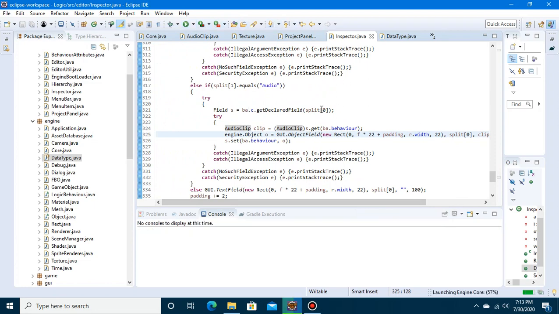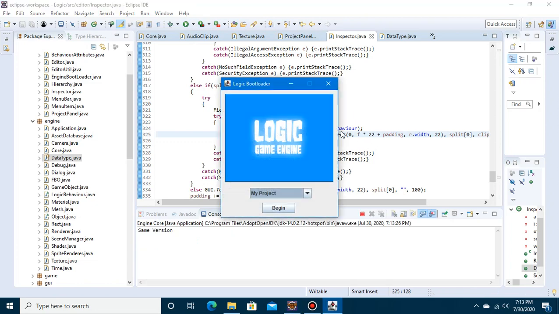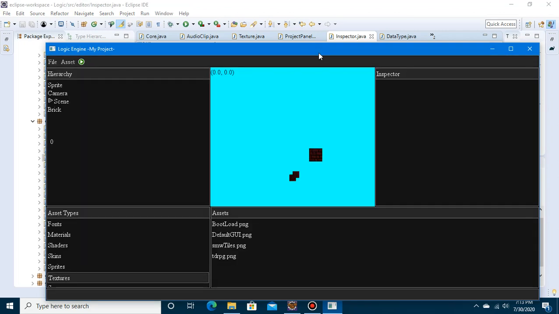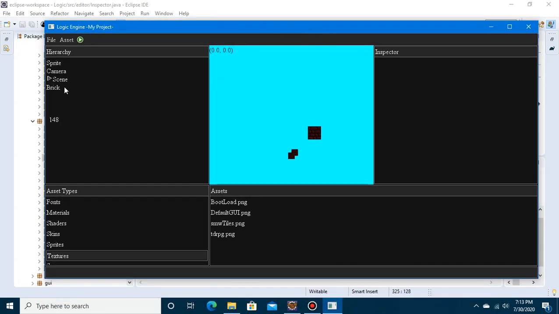So all this stuff is stuff that we've already done before several times. So that's why I'm just kind of going through it and not really explaining it. This is the normal thing that we do with all the asset types. But now,